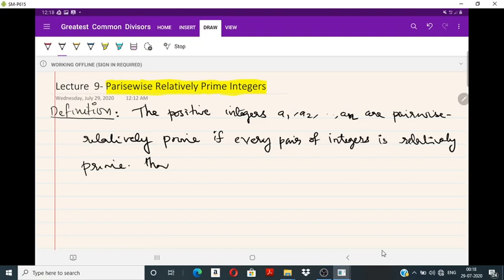That is, we can write GCD of ai, aj equal to 1 whenever i not equal to j. So whenever i not equal to j, GCD of ai, aj equal to 1. This is called